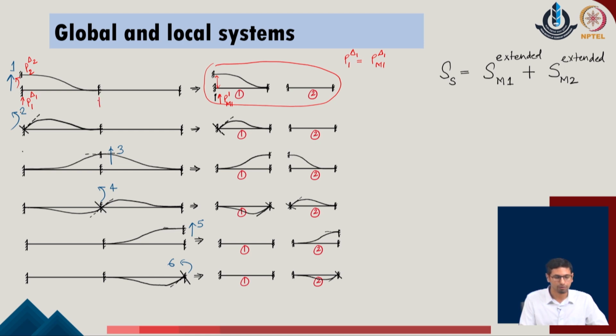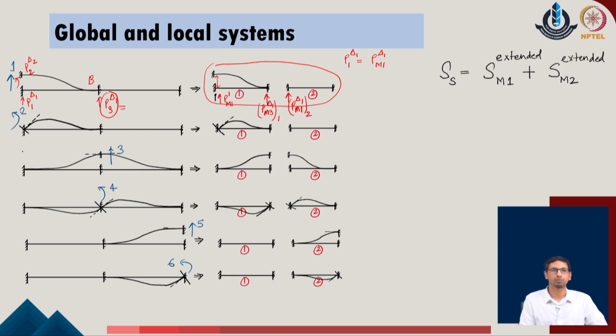In the similar manner, if I go to calculate the force over here, which is P of 3 corresponding to the delta 1 in the given system, I will realize that this force now will be the sum of the forces which will appear at the joint B of the given system in member 1 as well as joint B in member 2 of the given problem. So, I can call it P of M3 with respect to delta 1, and this one will be called P of M1 corresponding to delta 1, and this is corresponding to member 1, whereas this is corresponding to member 2 of the given system. So, at any given point one can easily identify that the structural components of the forces can be identified in terms of the contributions from the member field as well.